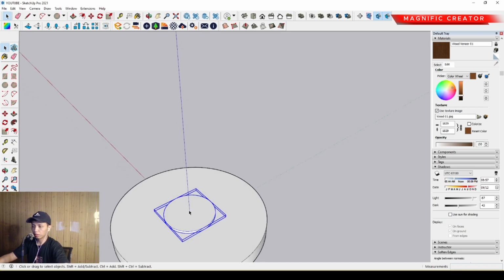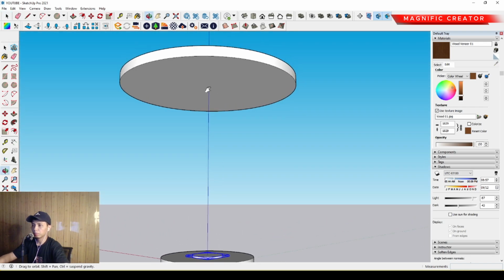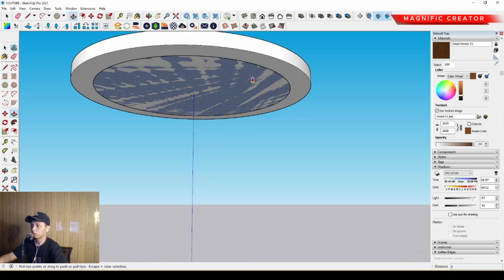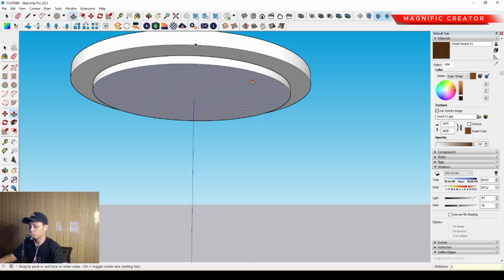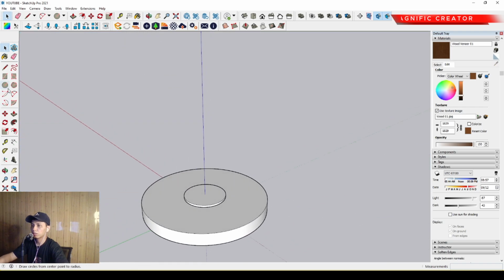Okay, and then we can make another plate, the bottom plate of the table. We can use a circle. Okay, and then we can set the plate of the table around 250 millimeter of the radius. Then we have to push it down 50 millimeter and make group, and we can make